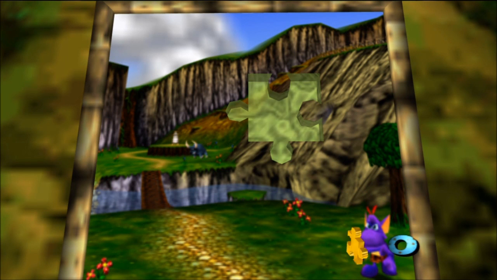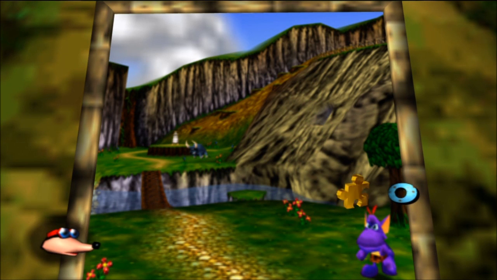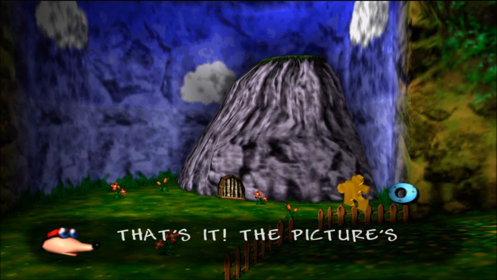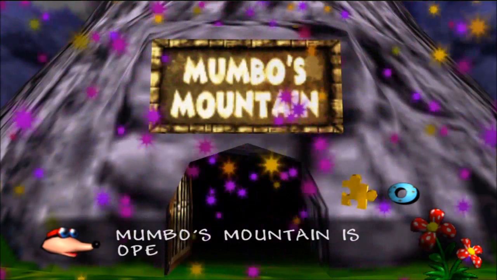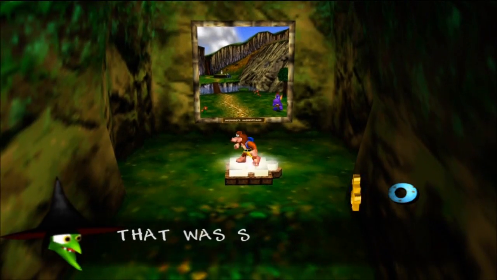Well, obviously we want to fill it in. Why else would we be here? And then we get victory music! As soon as the picture is completed, we're able to enter the world. And our first world is going to be Mumbo's Mountain, so...